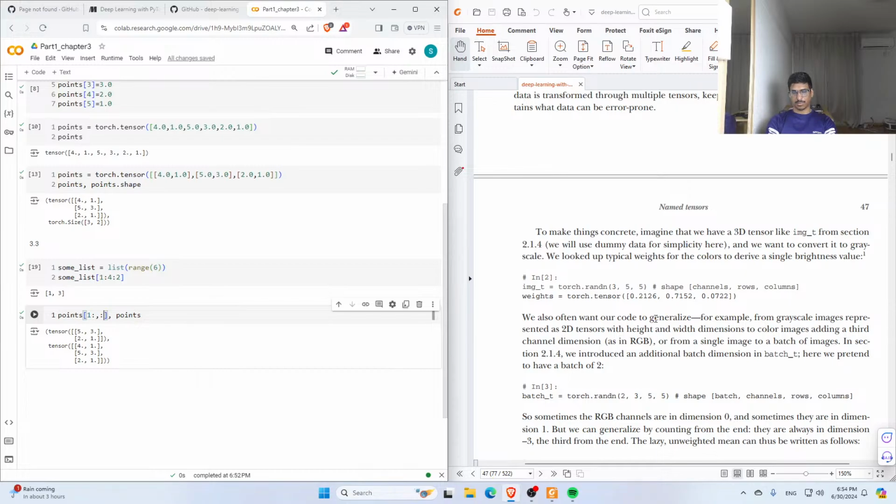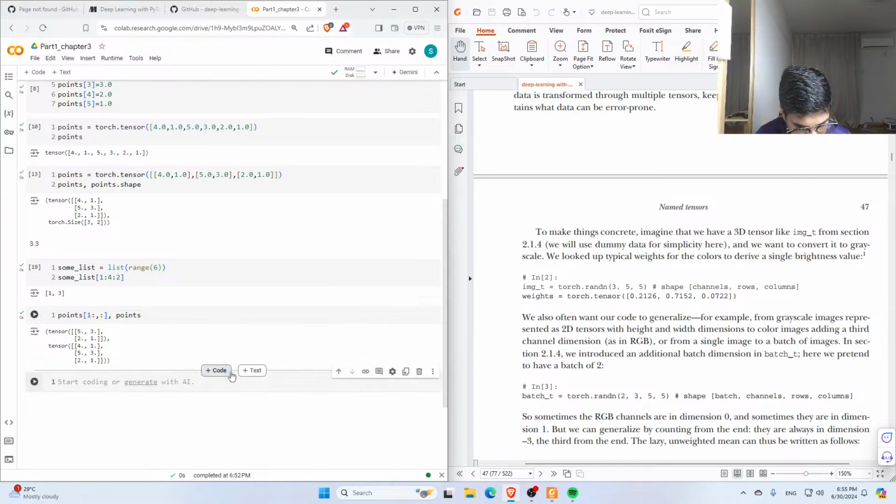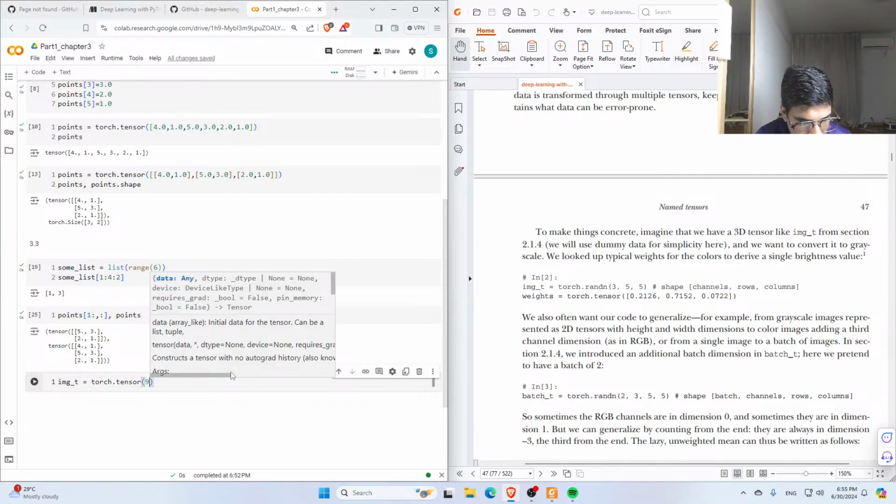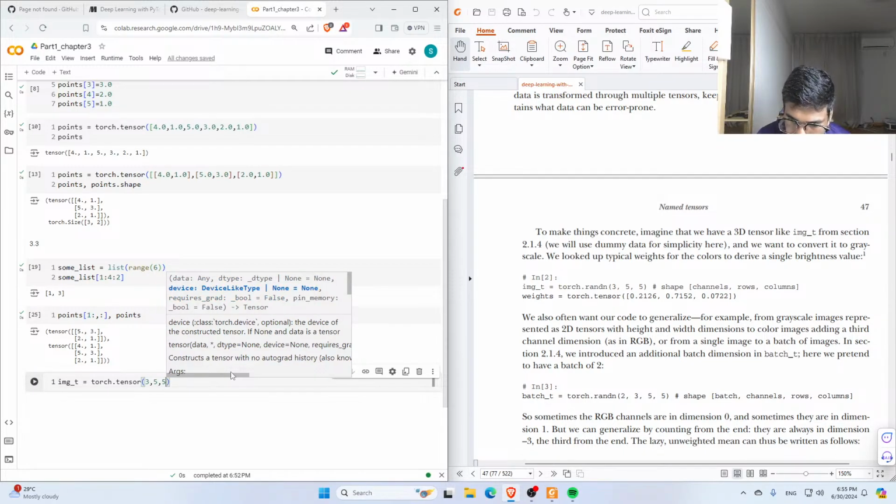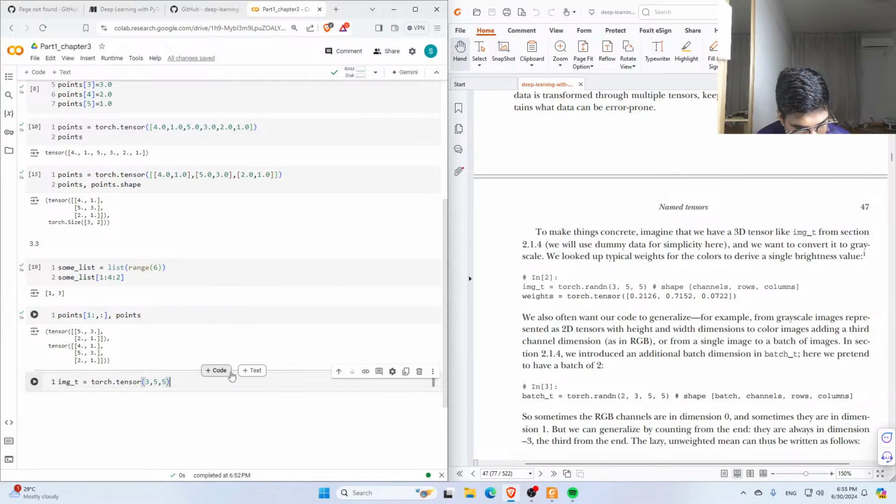Okay, we look up typical weights for the colors to derive a single brightness value. मान्छे एउटा इमेज बनाउनु चाहिँ ट्राई गरेको छ ओके img_t is equal to torch.tensor त्यसमा चाहिँ 3 को 5 को 5, weights